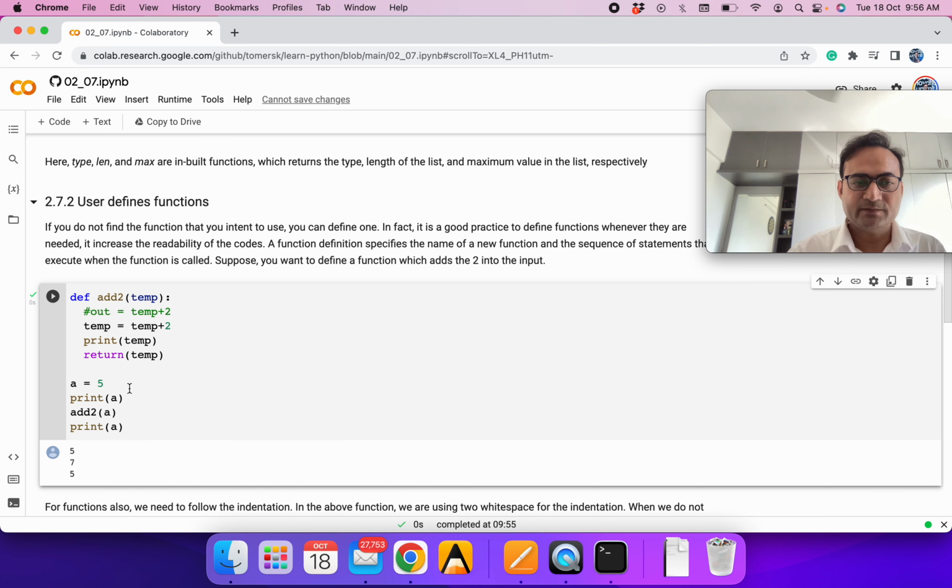So what is happening? We defined the value of a is equal to 5, and we are printing it to check what value it contains. Then we are giving this value to this function, which becomes temp in our function, which is for temporary variable, and we are modifying the temporary variable. So when we print, we get the value of 7, but again we check the value of a is unchanged,